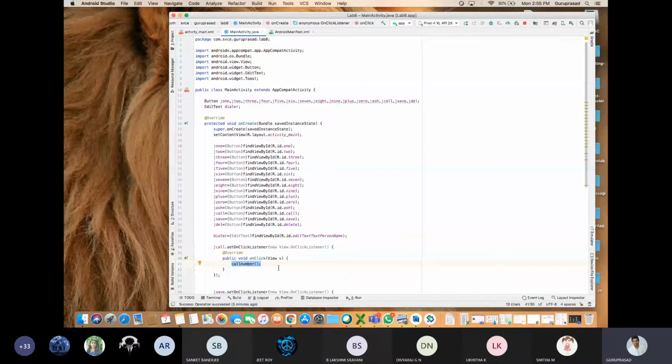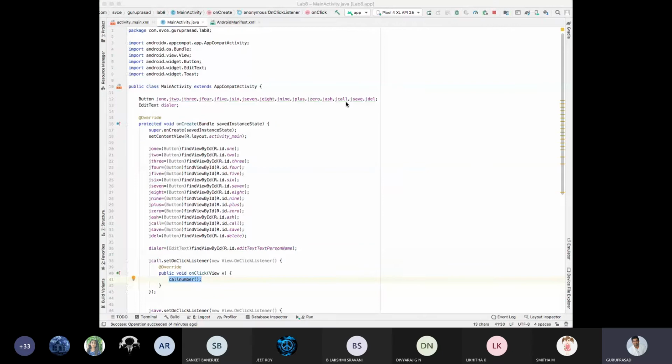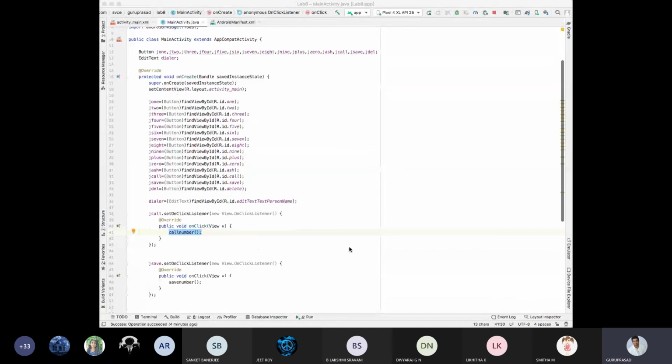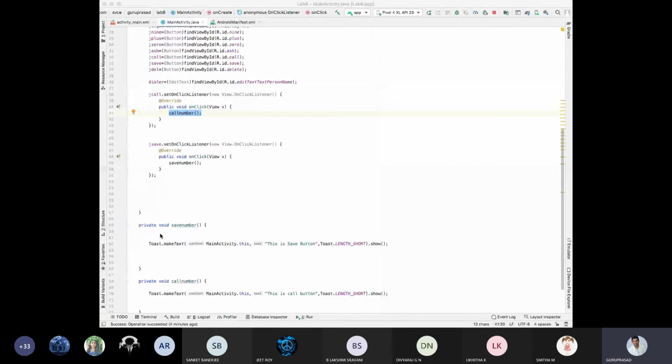Up to this, any doubts? See, call button and save button. I have just redirected to this. I'll be defining something for the call button. It should be redirected to call. If it is save button, save.